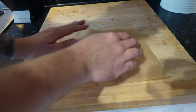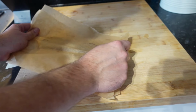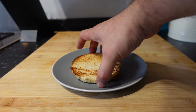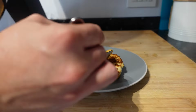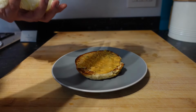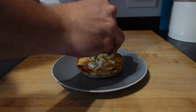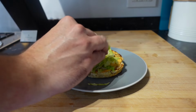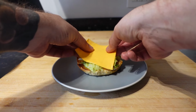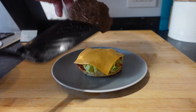Right, I'm going to pop those to one side to rest for a bit, and I'm just going to get on with constructing the rest of the burger. So I'm just using a plate for now. We need some of our Big Mac sauce, or Big Mac sauce in this case, and then some white onion, sporadically chopped, some haphazardly cut iceberg lettuce, and then a plastic slice of American cheese, and then one of our sad looking burger